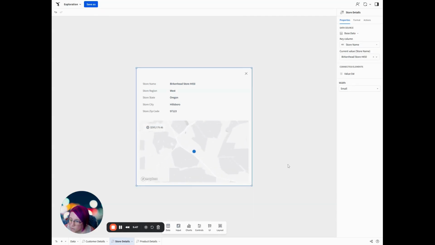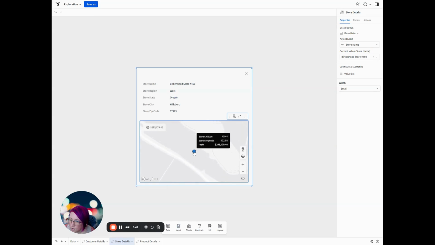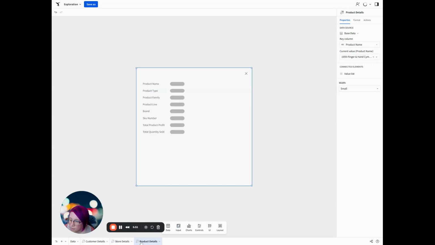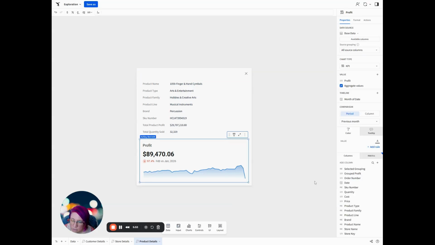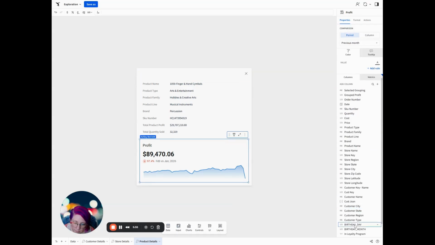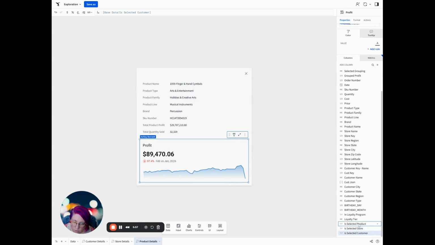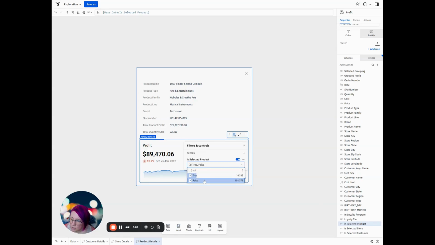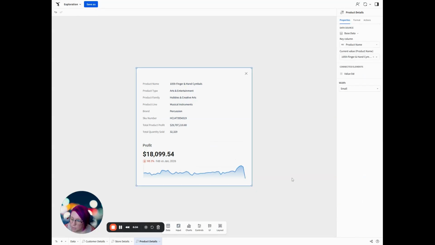This should take us right to that store. And then finally on product, on our KPI, I can go down and do a selected product, Shift F, and just do true values there